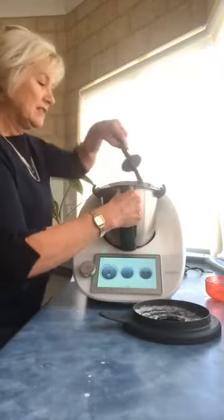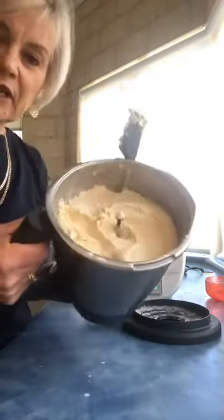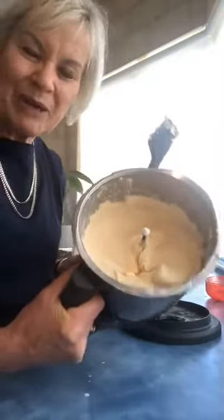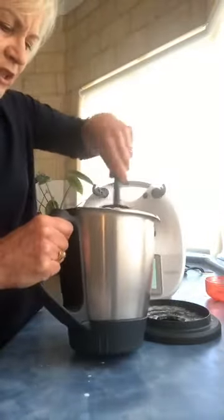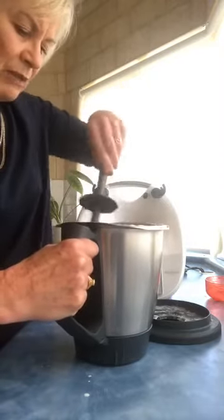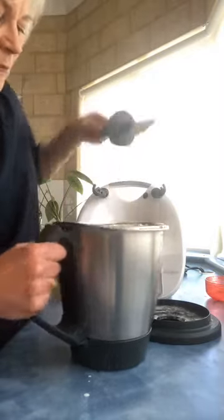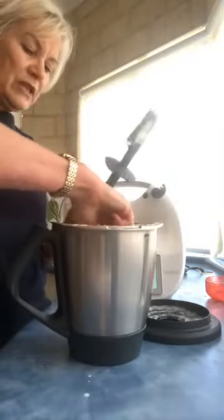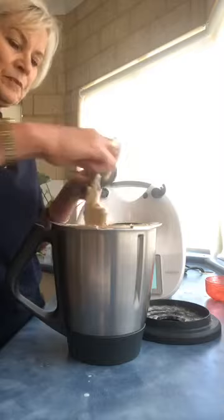Right. I've just scraped in the last of the flour, but look at our cake batter. Oh, it's popped down because there was a little bit of bubble at the bottom, but look at that, that's gorgeous. If it does look a little bit curdled at the top, it'll only be at the top because of the quantity in the bowl. Just give it a bit of a stir. Now, how awesome is that? Lemon cake. Whew. Take the butterfly out, scrape it down,